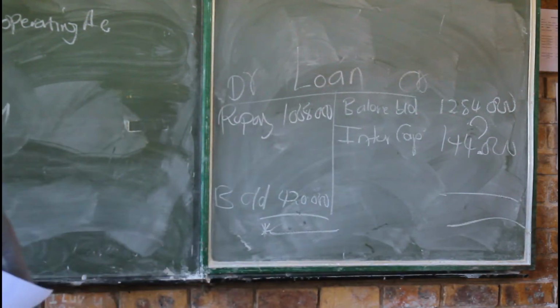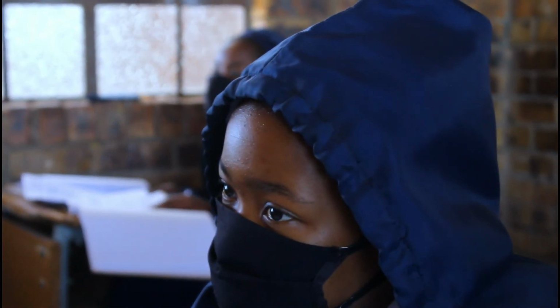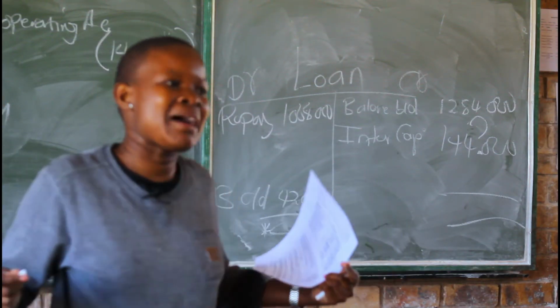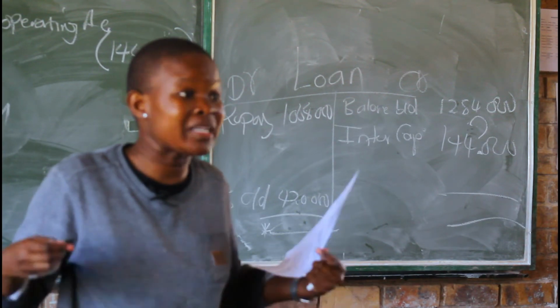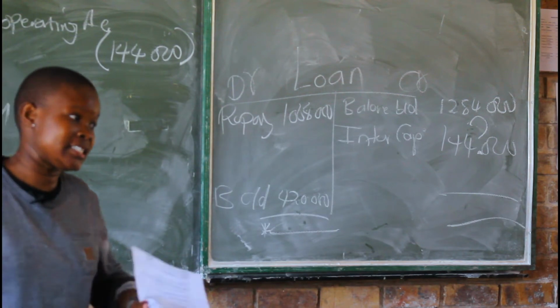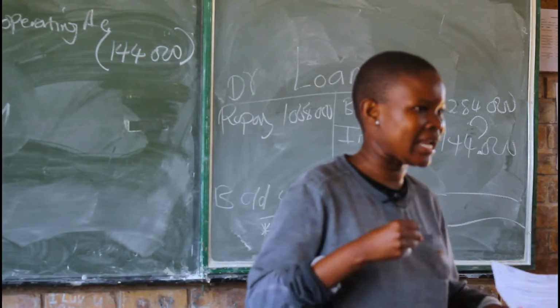Now you go to the cash flow statement under your interest paid. It will be 144,000 because it's the cash that has been paid. You are going to put it in brackets. With cash flow, it's about the positive and the negative. The figures don't matter. What matters is how you present your answer. Is it an inflow or is it an outflow? Because that is the most important thing in cash flow.